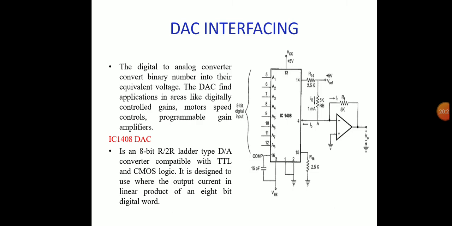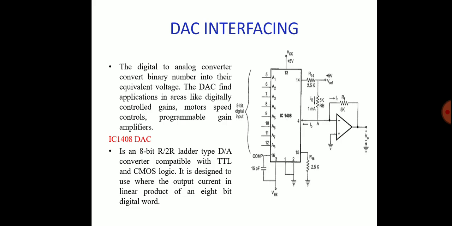The output current is generally the reference voltage divided by the R ladder circuit. The IC 1408 contains a reference current amplifier, an R by 2R ladder network and 8 high speed switches, that is, high speed current switches. Then it has 8 input data lines, A1 to A8. A1 is the most significant bit and A8 is the least significant bit, which control the position of the current switches,